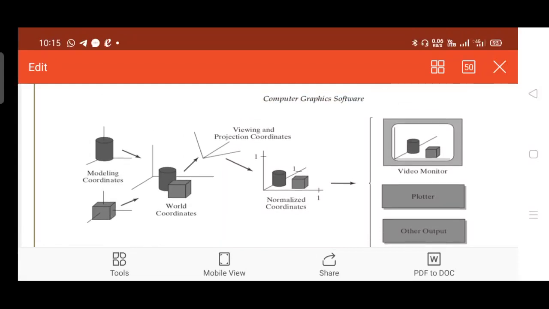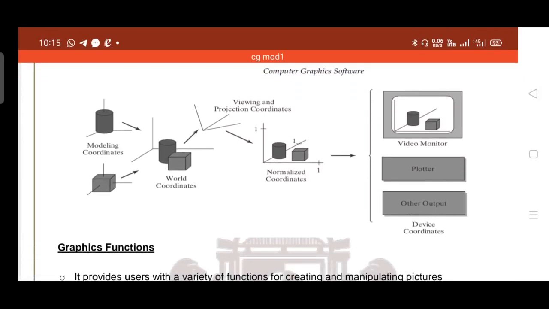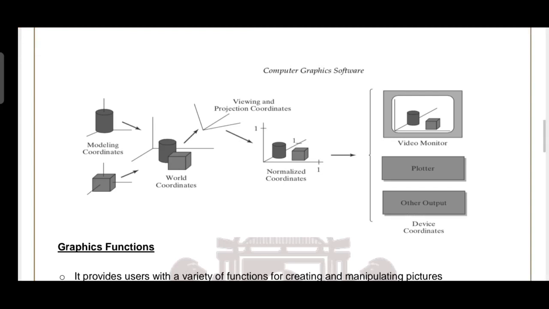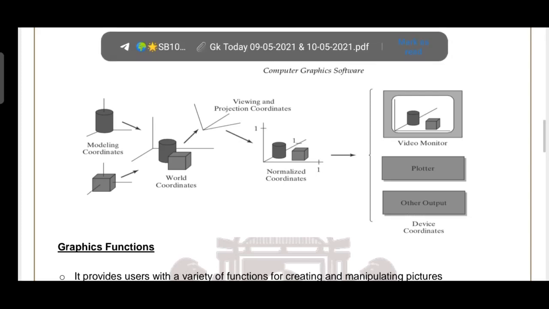So this is the computer graphics software with different coordinate system representations. There are three different coordinates available: modeling, world, and viewing projection coordinates. World coordinate is the actual coordinate system of the object. It is projected onto the modeling coordinate, and finally onto the viewing coordinate.